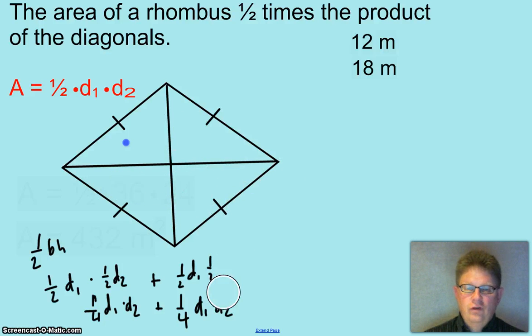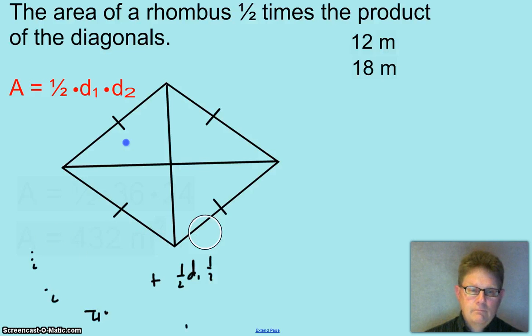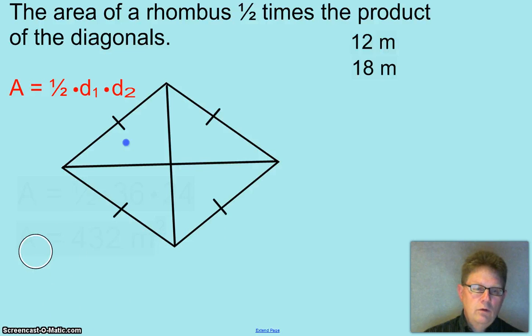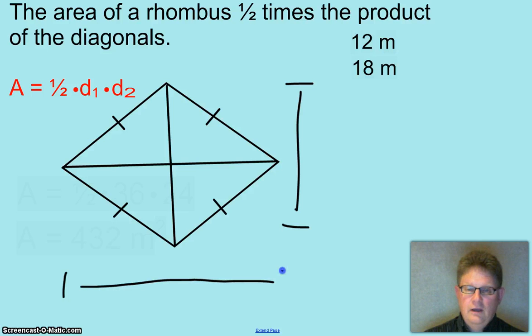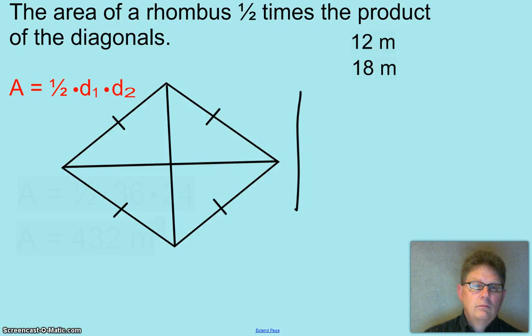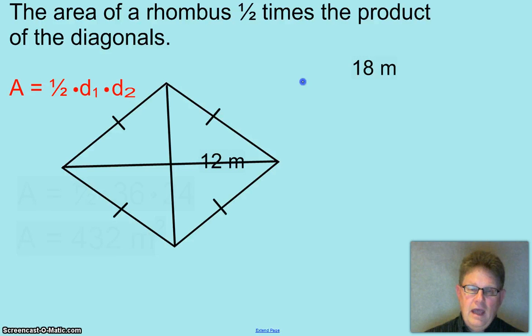Now, sometimes they're going to show you that the length of the whole diagonal is like this, and they'll go like that to show you that that diagonal is that long and this diagonal is that long. They're going to do that sometimes. Other times they are going to instead do something like this and show you that half of this, whoops, I did that wrong, half is 18 and half is 12, so that you go ahead and, you know,